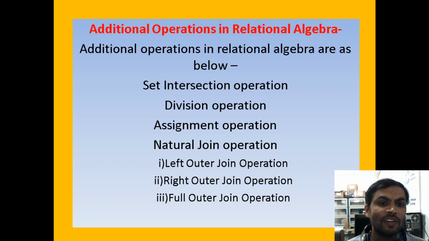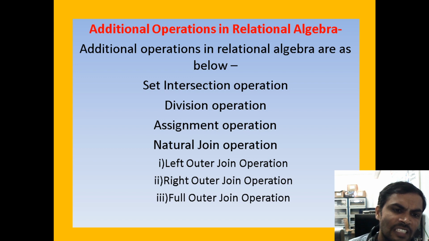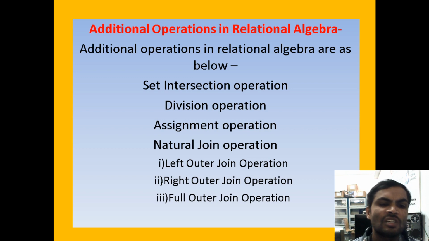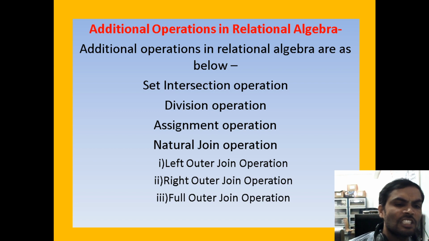Now, for the intersection, between two tables we operate with the reverse of the union symbol. Division means between two tables we use division. The assignment operator is used when we have a join condition, if you want to join two tables with the help of mapping cardinality one to many or many to one. Coming to the natural join, it is again categorized into left outer join, right outer join, and full outer join. Under the join scenarios, we will learn these practically in the second class.